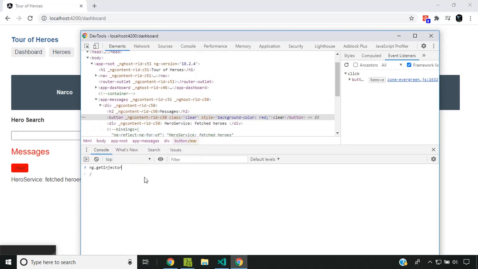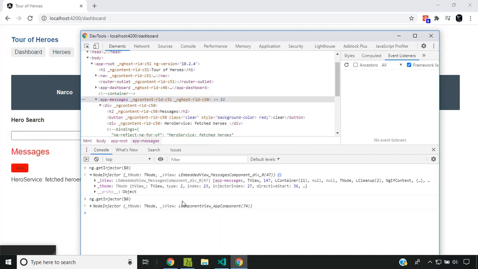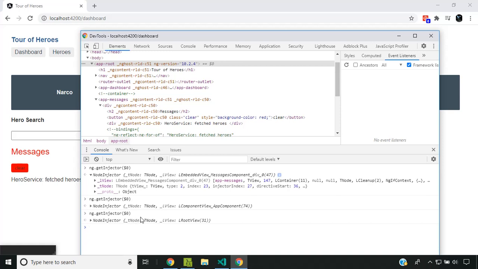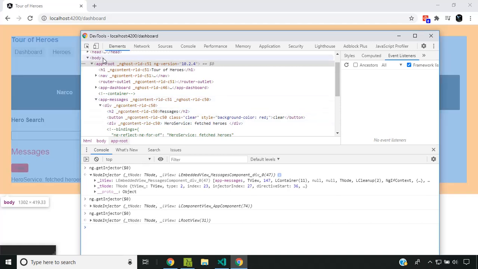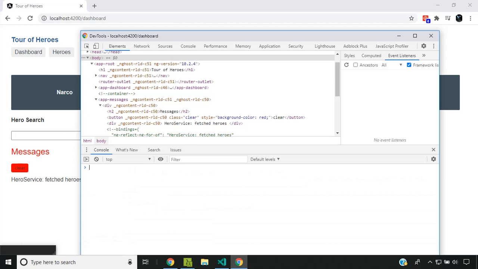ng.getInjector. So we can get the injector which is associated with that current element. So you can see here it is the message component. So similarly, if you go up, it keeps on changing, until finally we reach the root component. So here it will be the root view, and if we go outside that, it will finally return the null injector. So this is the starting point of all injectors. We have another method called the